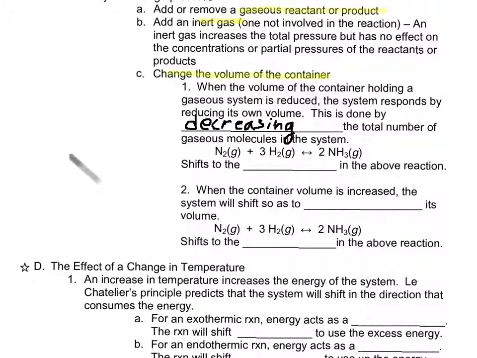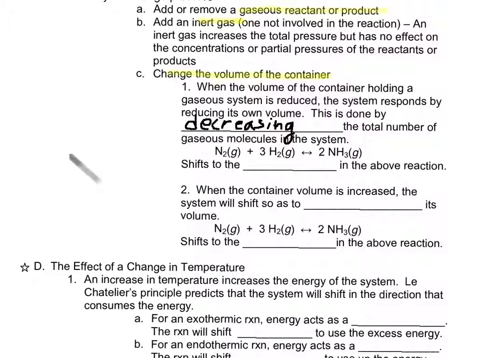So if I have a container that has a bunch of gas molecules in it, and I take the container and I shrink it, then what's going to happen as a result is the pressure increases. But when the pressure increases, the system is going to naturally shift in whatever direction will decrease that pressure, try to put it back to where it was. And so as a result, it's going to shift in whatever direction will reduce the number of gas molecules. So if we take a look at this example right here,